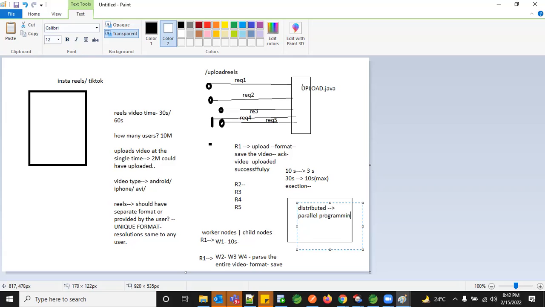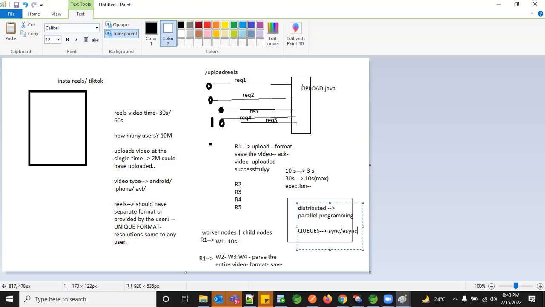The concept we have learned so far in Java is thread. So you know only through Java we can achieve parallel programming. But in real time, there are multiple ways to achieve parallel programming. There are something called queues, you'll hear about it. And these queues can be synchronous or asynchronous.